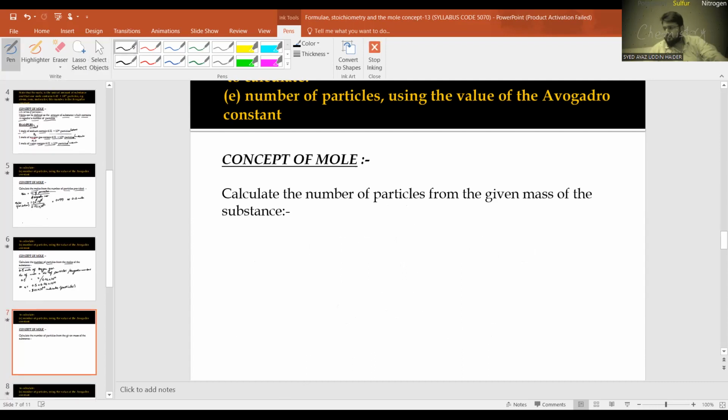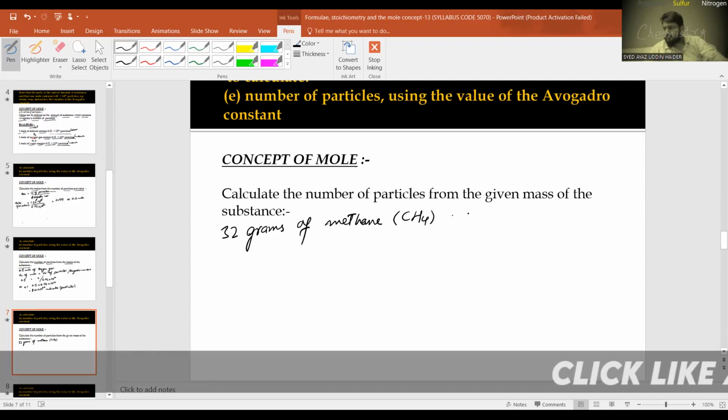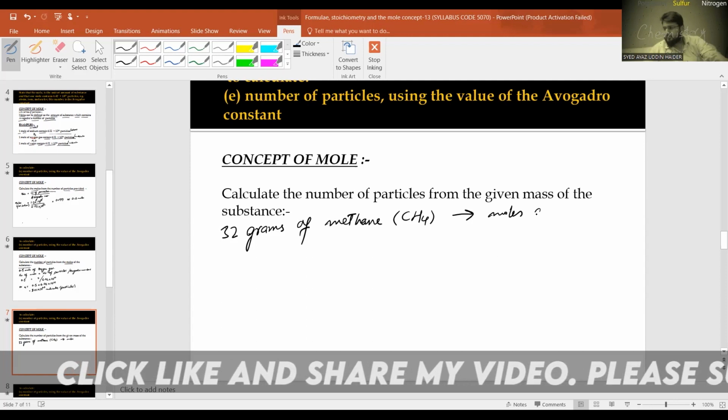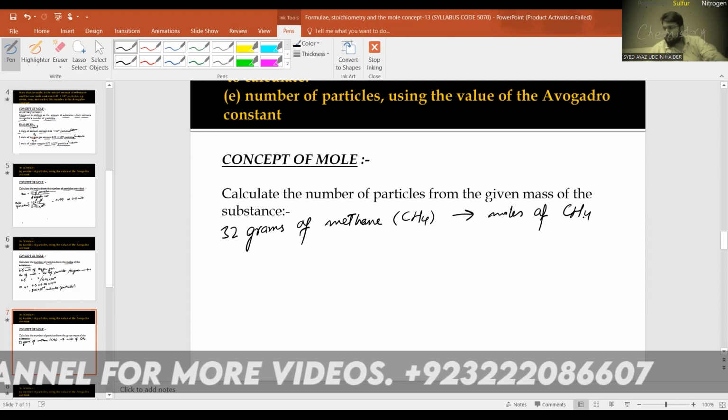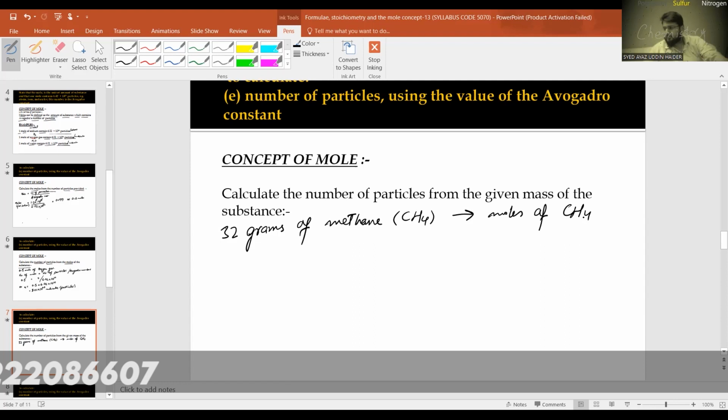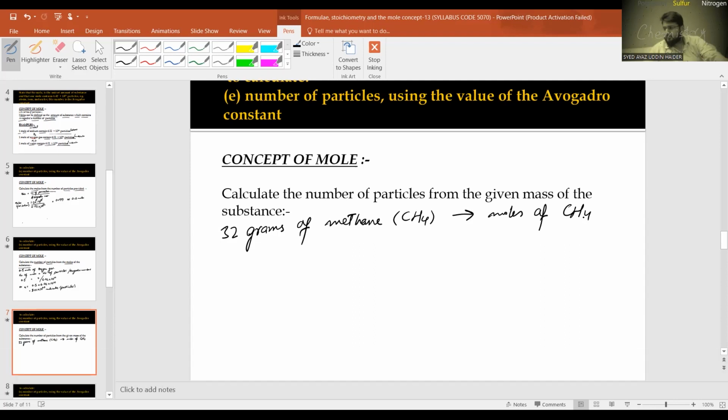Now, what if we are provided with the mass of the substance? For example, 32 grams of methane. Methane is CH4. Now, first of all, convert this into moles of CH4. What is the MR of CH4? In order to get the moles of CH4, we have to divide this mass by the relative molecular mass of CH4,